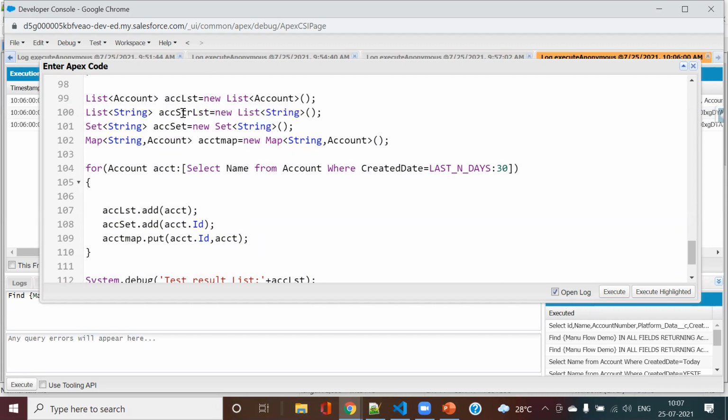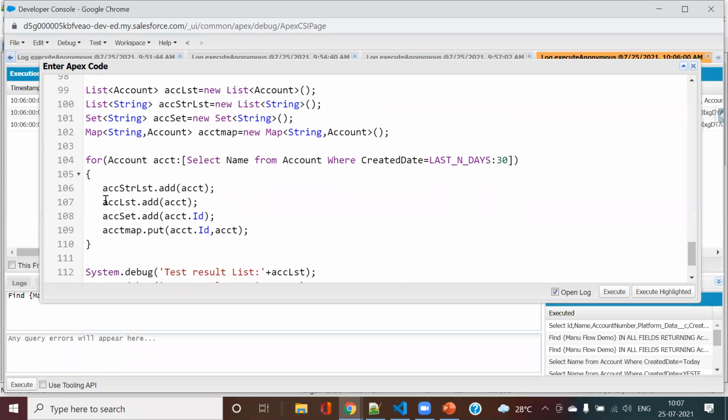Okay, fine. But I won't be able to add the account records here. I will only be able to add the account IDs here. Now let me try to add accounts for you. Now it will give you an error.